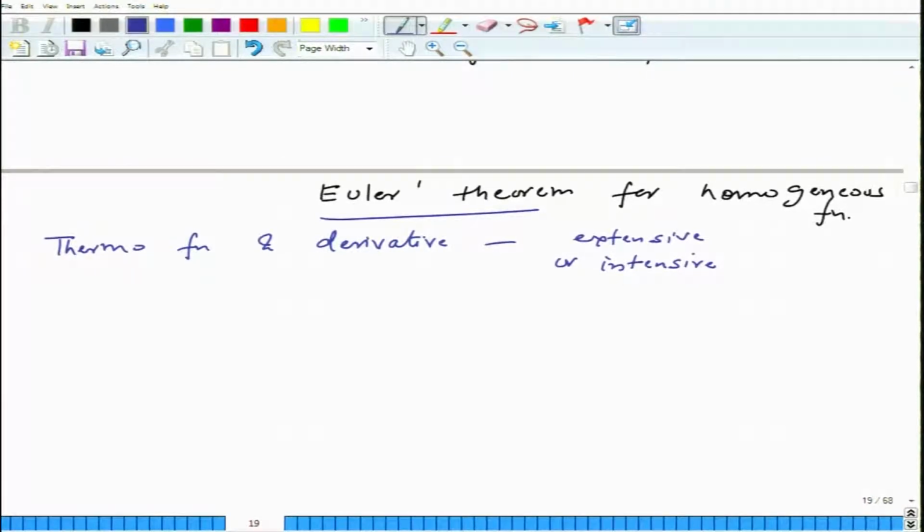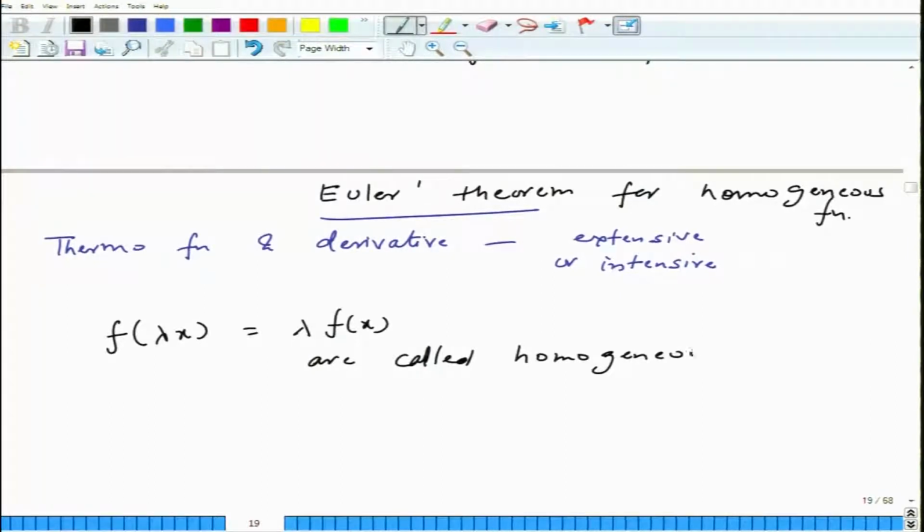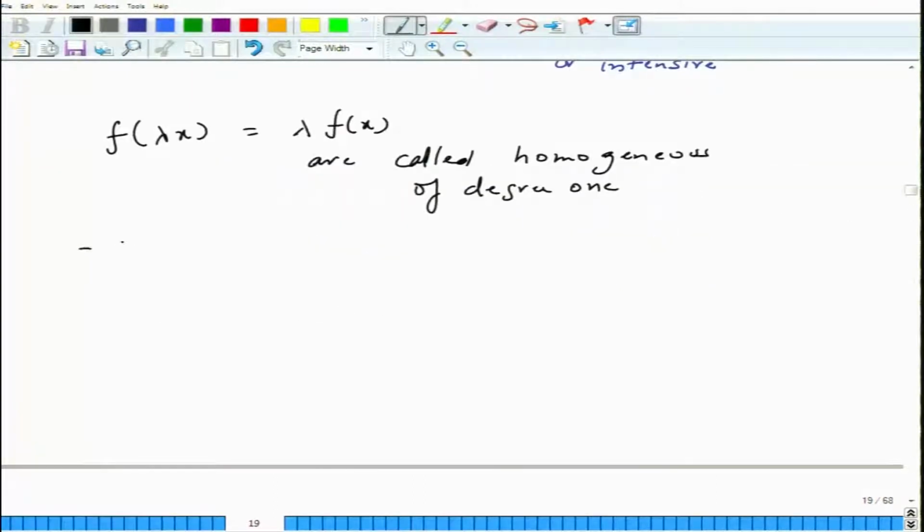Now, mathematically, a function which satisfies a relation such as this for all values of x is called a homogeneous function of degree 1. Okay. So, this is a typical extensive property which we know from thermodynamics. Okay. So, the intensive property would be a homogeneous function of degree 0. Okay. So, that means the function that is homogeneous of degree